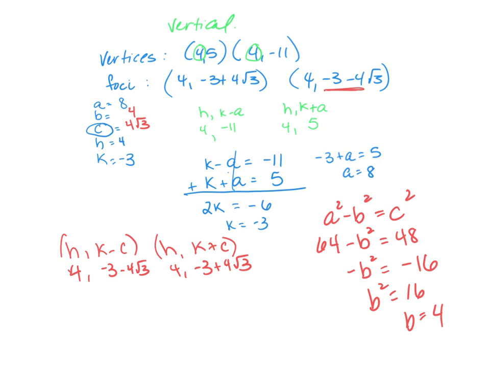Now we're ready to write our equation. So I'm going to change this to another color. So now we're ready to write our equation. So we go back up to the equation on the vertical side, and it's x minus 4 squared over B squared, which is 16, plus y